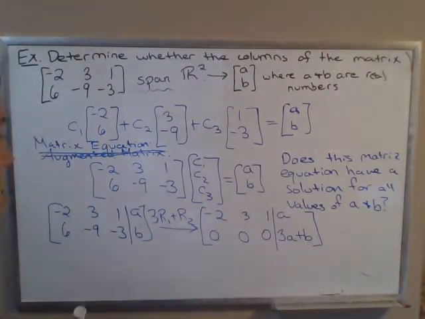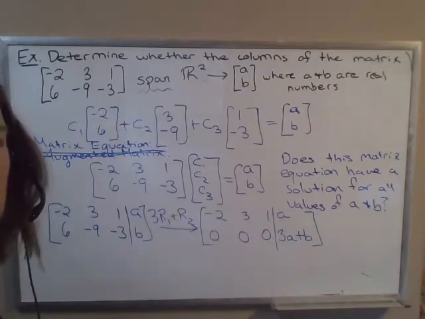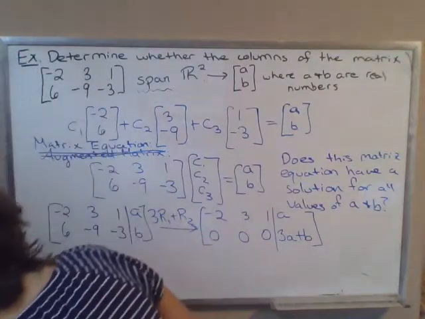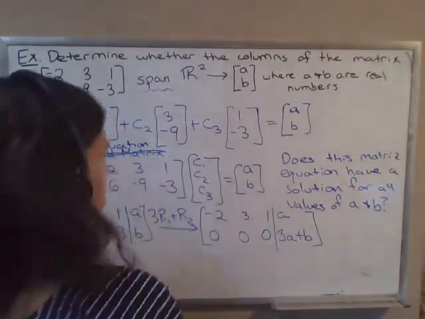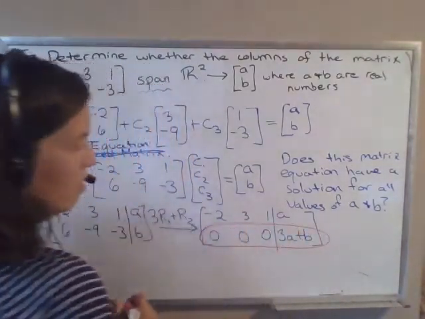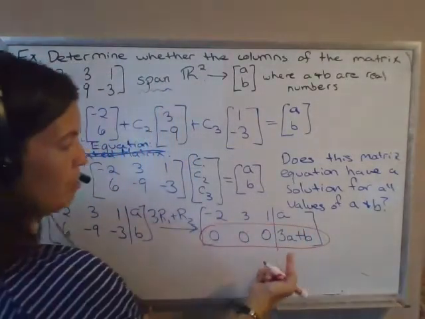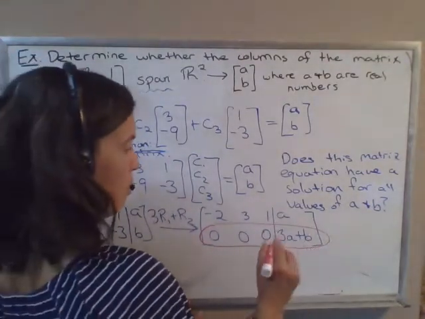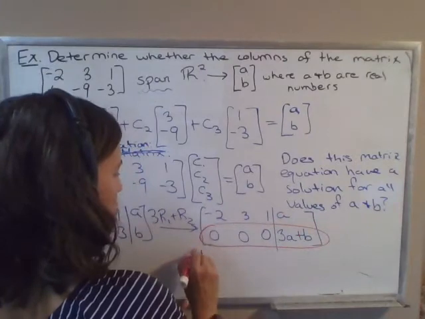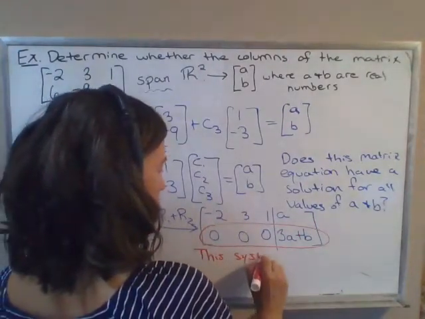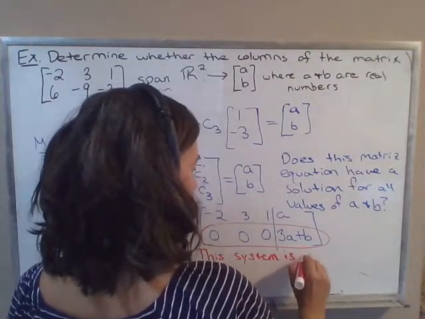Notice there. So now we take a step back. Would this system have a solution no matter what value we choose for a and b? And the answer is no. Because of this second row here, there are many values of a and b for which this system is inconsistent. That's worth putting in writing. So this system is inconsistent